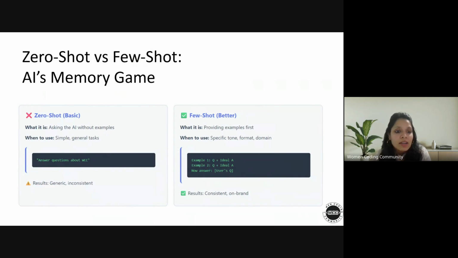You can ask anything about anything to the LLM, and it answers the question about WCC. It can infer WCC as something completely different and give you vague answers. If you ask the same question, it is going to give you different answers every time, and it doesn't have any